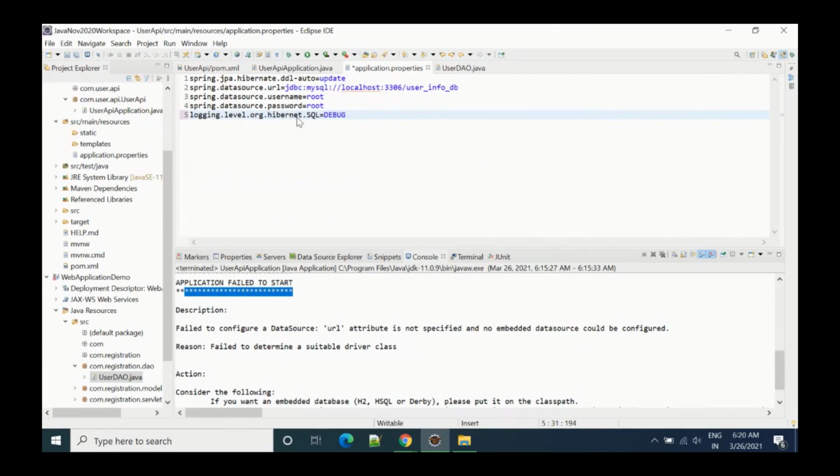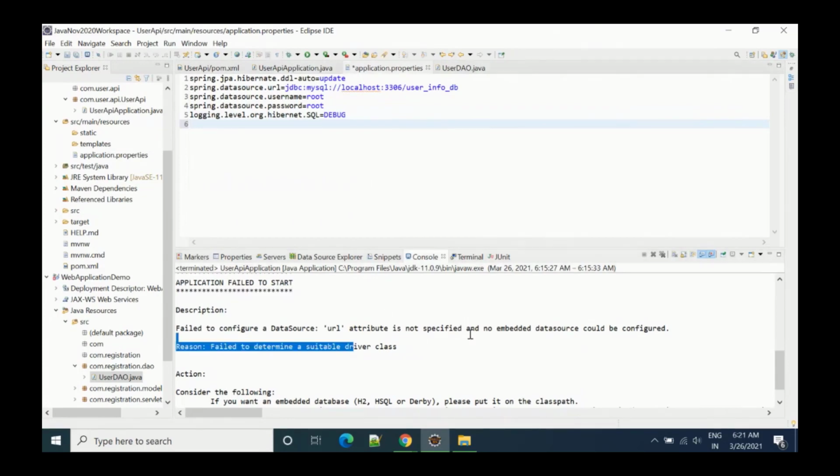Let's see whether it will work or not. So basically what we are trying to do is, whenever we perform any operation, the SQL should print on this console. So as of now, we have configured the application.properties file, which is the first step that we have to do.